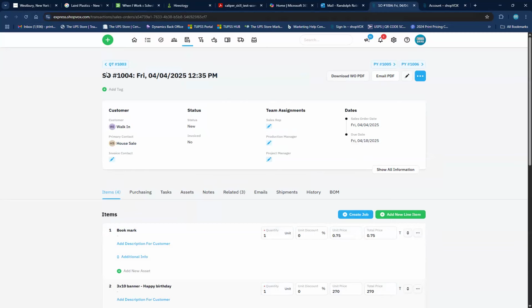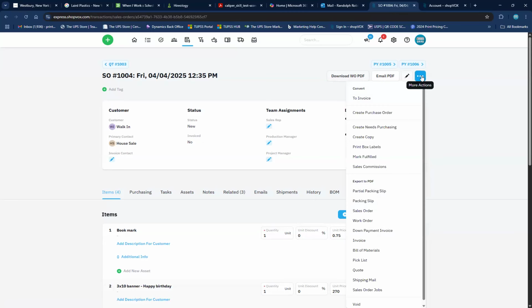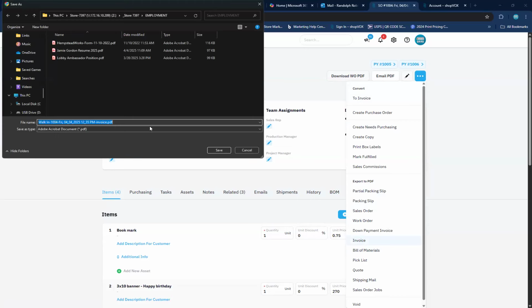What we've done is we converted it from a quote to a sales order. It retained that same title. Again, you can change that or totally remove it if you want, because that actually will print on the invoice, etc. So when you print this, it'll give them a timestamp of when they walked in and we process this. So if we save this